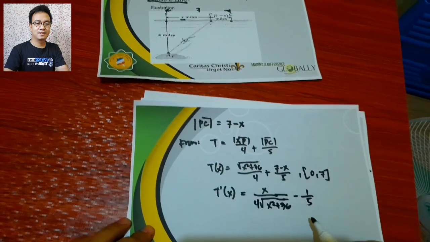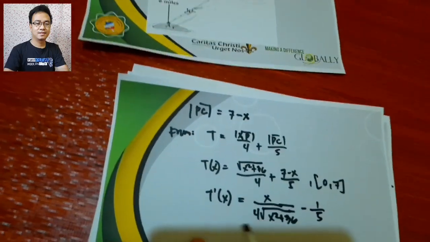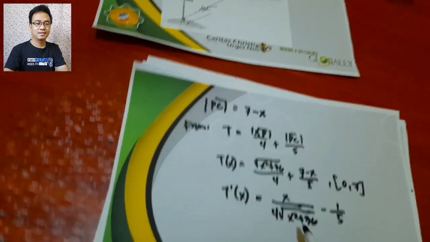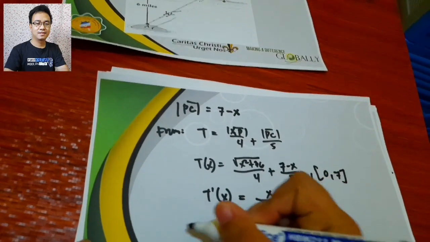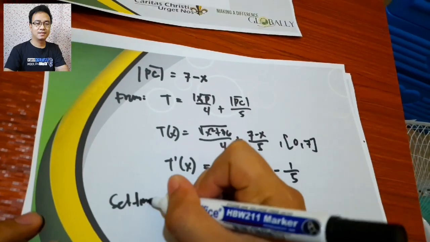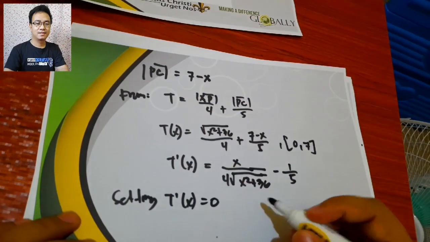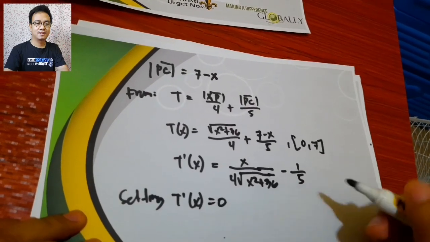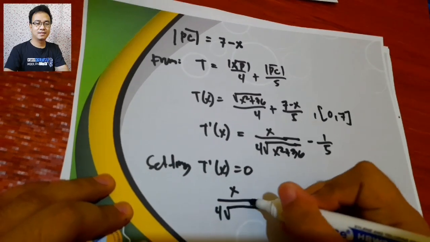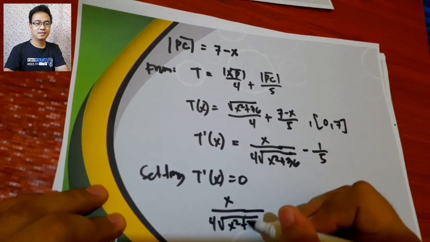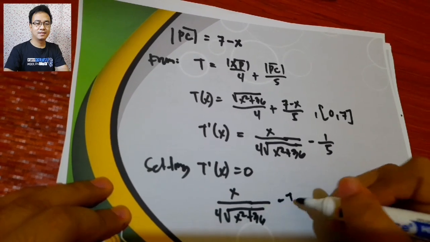That's our first derivative. Now take note from this one, t of x exists for all values of x. Now, setting t prime of x equal to 0, and then solving for the value of x. Therefore, x over 4 square root of x squared plus 36 minus 1